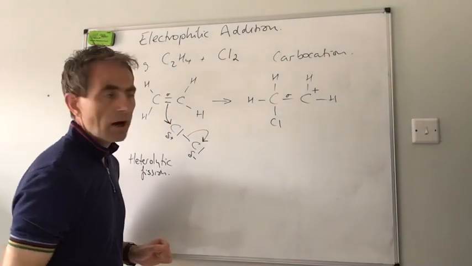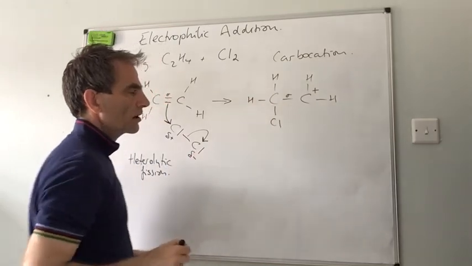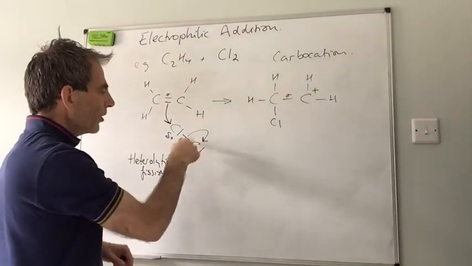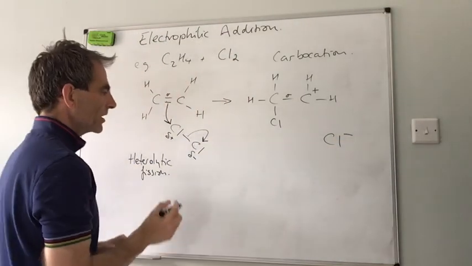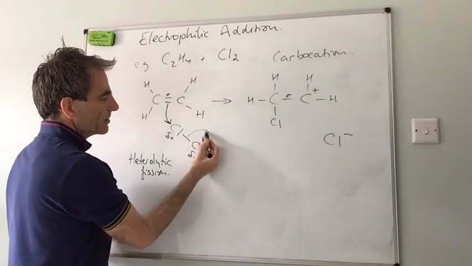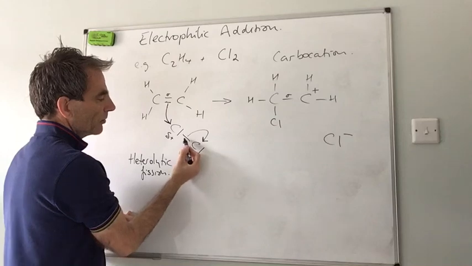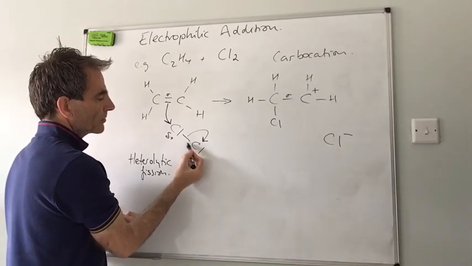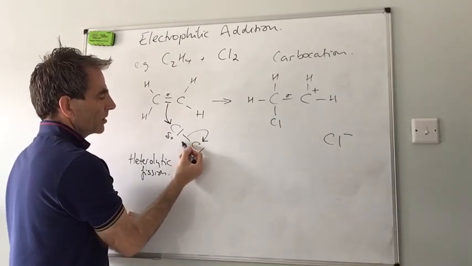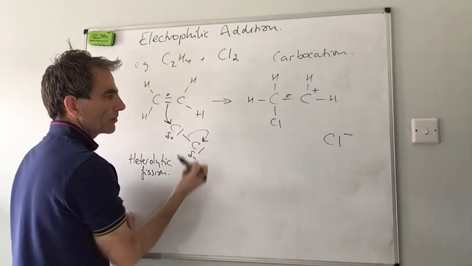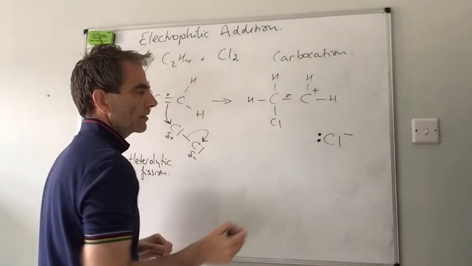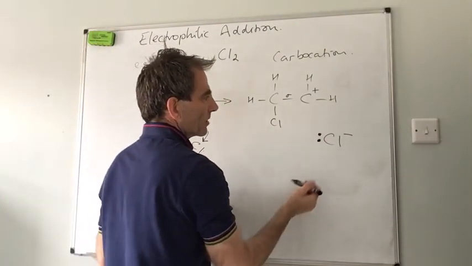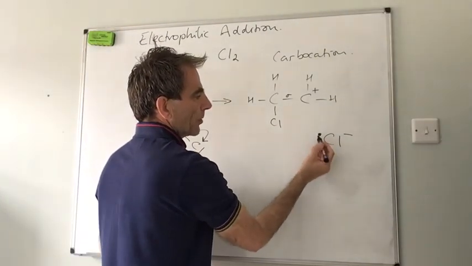Cations are positively charged, carbo contains carbon. The chlorine has become negatively charged because it has gained an electron. So it already owned one of the electrons in the pair, but it's gained one more. And so I'm going to show that pair of electrons there, and basically the final product is formed by this